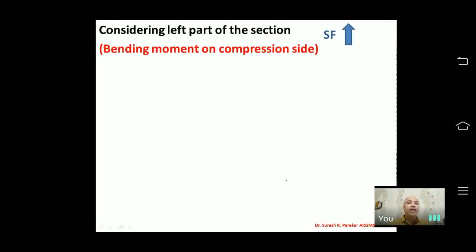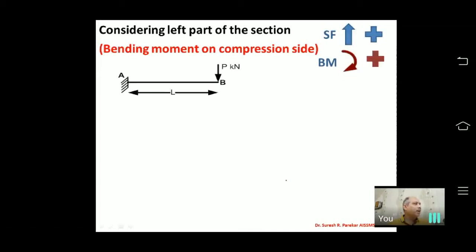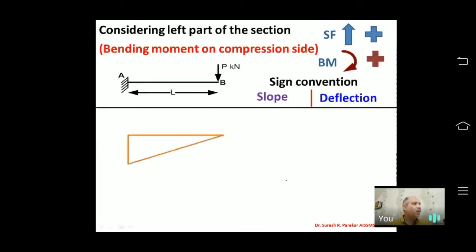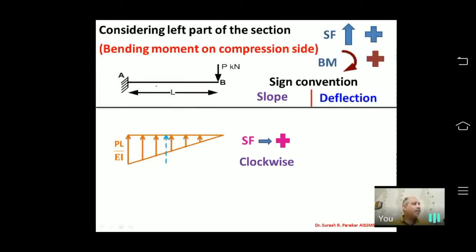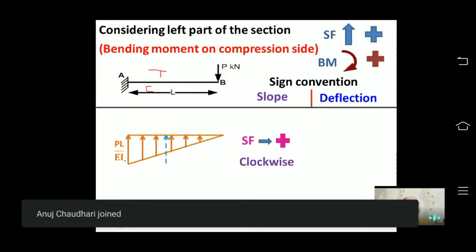Now on that day, I drew the diagram on the compression side, and the arrows we have shown. On that day we had problems on the same side, so we will not discuss the sign convention more. But today we have different varieties, therefore we should know. Now see, we have this cantilever beam and we have compression on the bottom side and tension on the top side. So we have plotted the bending moment diagram on the compression side, but where are my arrows?